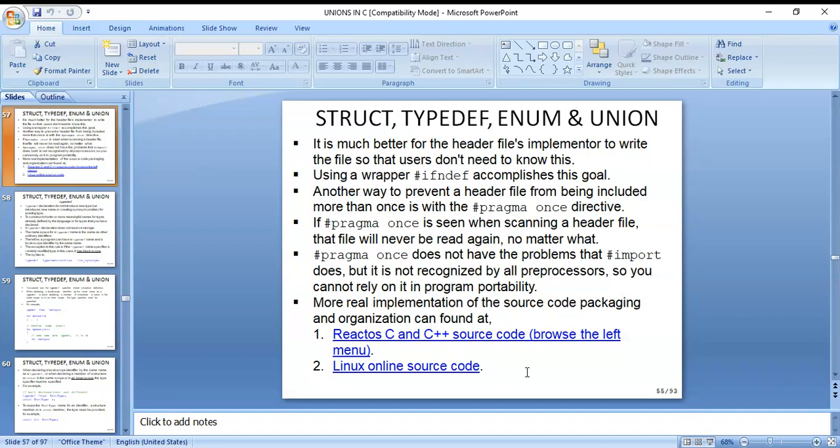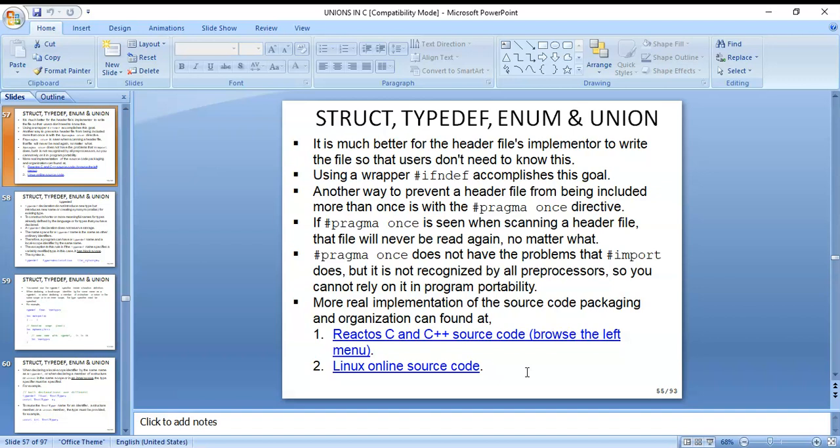Another way to prevent a header file from being included more than once is the #pragma once directive. If #pragma once is seen when scanning a header file, that file will never be read again. #pragma once does not have the problem that #import does, but it is not recognized by all preprocessors, so you cannot rely on it for program portability.